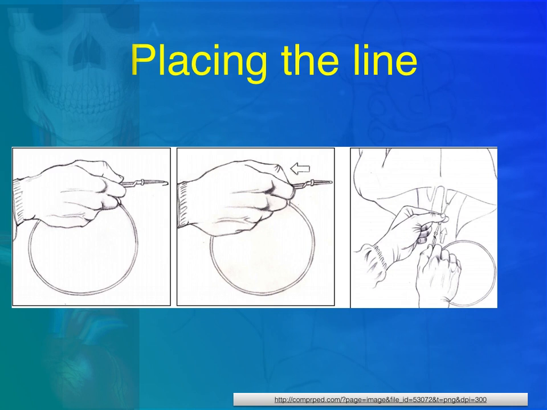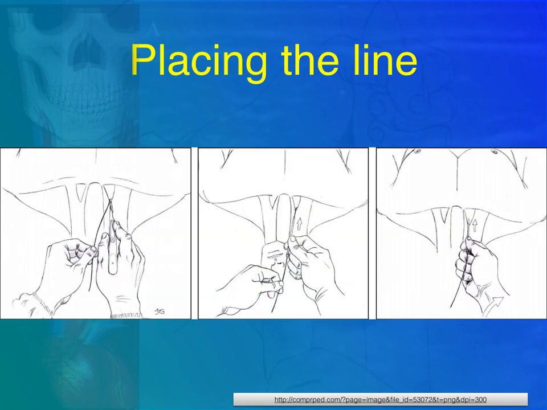Withdraw the wire inside the wire receptacle, and once the tip is in and the vein is cannulated, feed gently the wire inside the vein. You should find minimal, if any, resistance. If there is resistance, you can push gently back and forth, changing the direction of the wire. Once you have placed the wire, you can withdraw the needle and make a small cut of about 1 millimeter